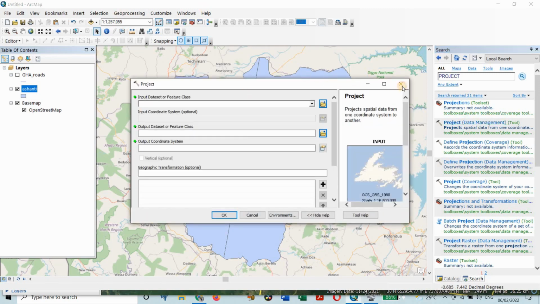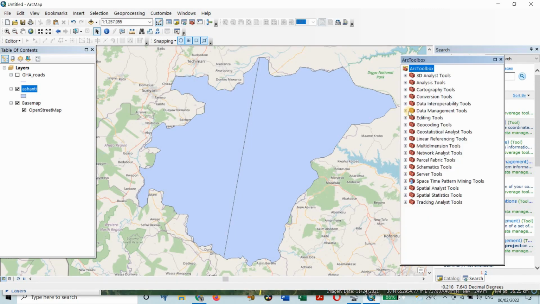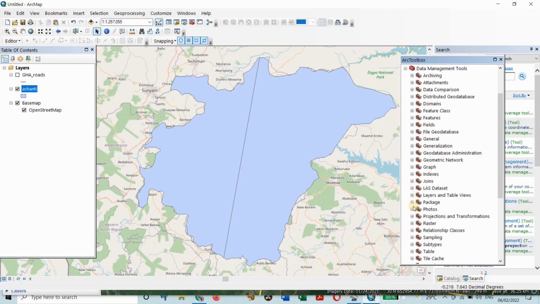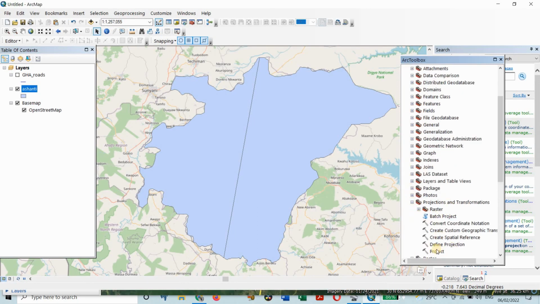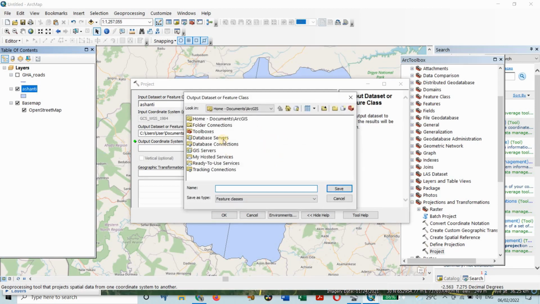Or you can just close and come to ArcToolbox, double click on it, and you come to data management tools. You come to projections and transformations, and then you have define projection and then project. You double click on the project. So which data are we projecting? We are projecting the Ashanti boundary. So you choose the particular place that you want to save this,